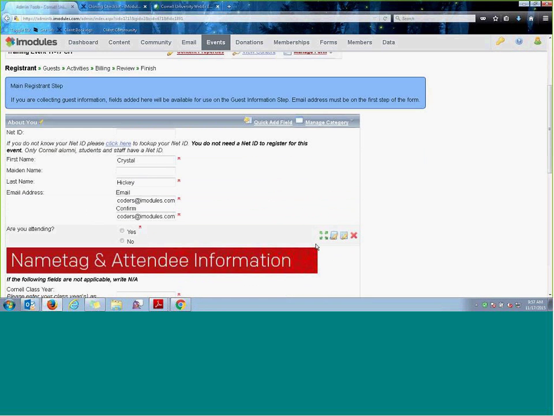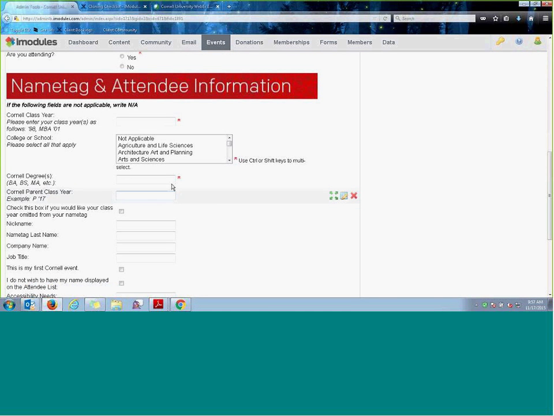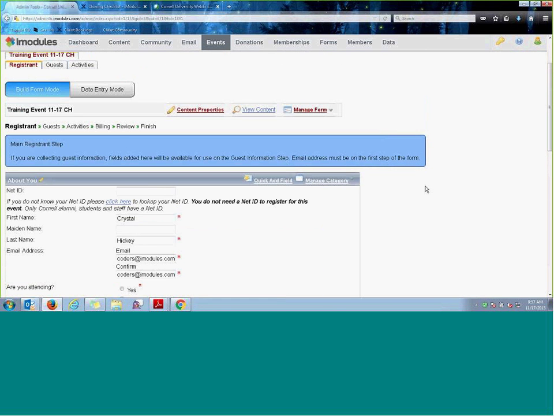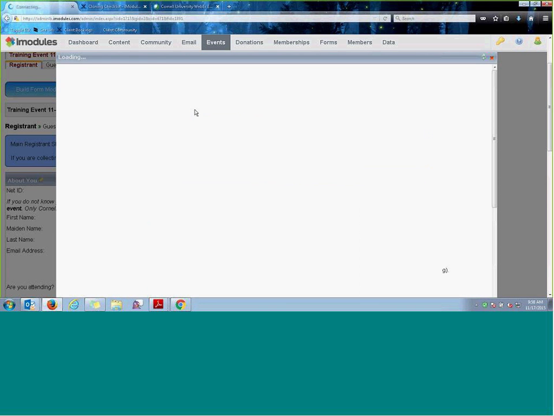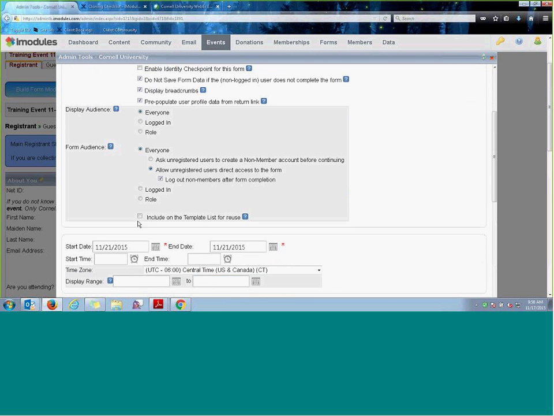Even though I used a template when I created it, I've made changes to it. I edited some things, and it looks different than the template I started with. I want to use the exact same thing next year and potentially for like 3 or 4 different events from there. In content properties, there is the ability to include it on the template list. Now, I say this,